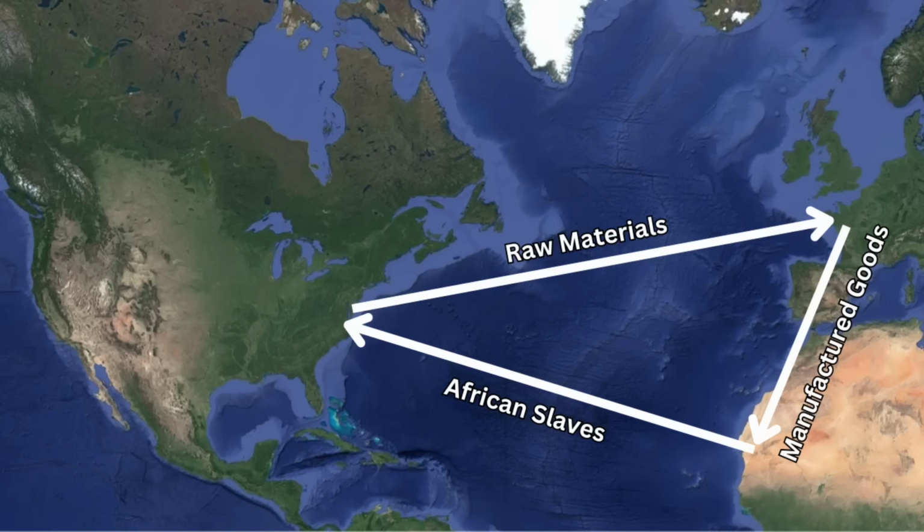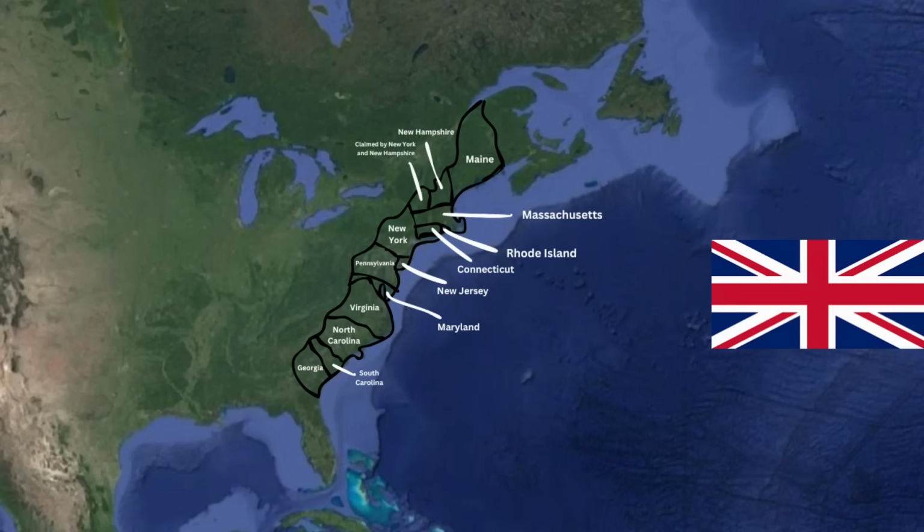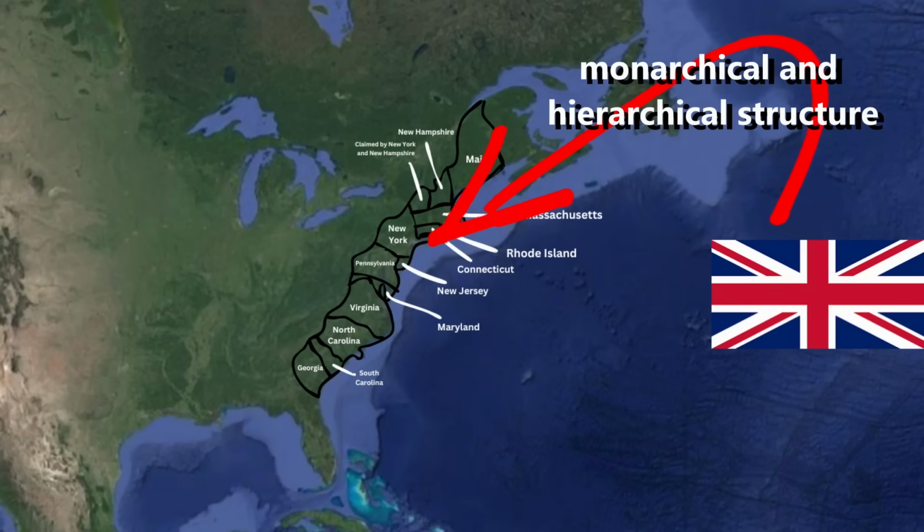This trade would also cause diseases like smallpox to be spread to the New World and syphilis to be spread to Europe. Meanwhile, in North American colonies, the British government continuously attempted to incorporate their monarchical and hierarchical structure in